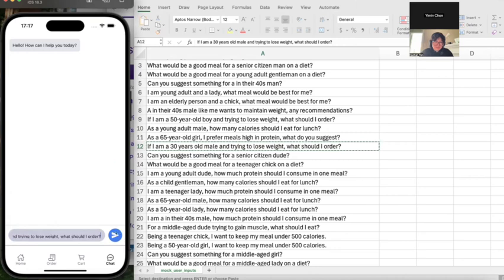ask this bot what you need, and I'll walk through the model definition while we are waiting. It is a pre-trained sparse English language model, and the task is to identify the age, gender, and goal for their meal. It's also going to take a minute or two to fetch the response, and I'll walk you